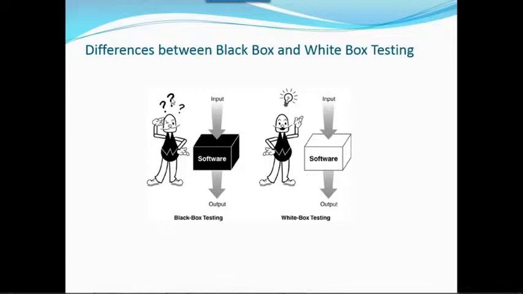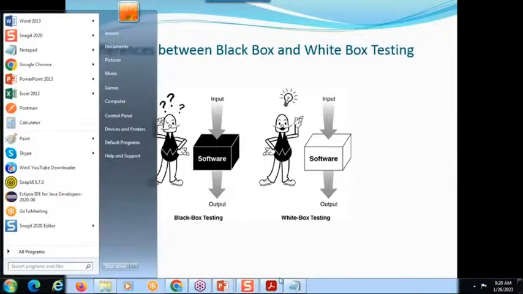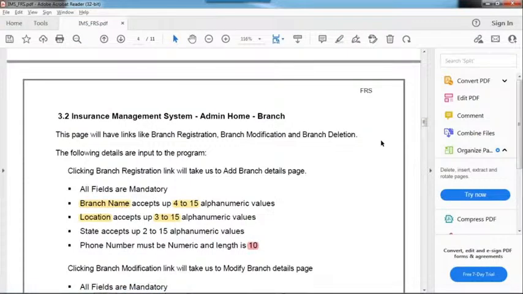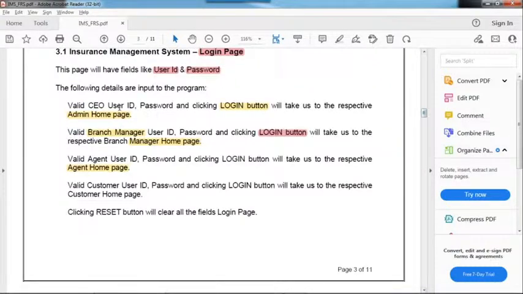Requirements. Yeah, so you need to refer to the requirement. You give the input and you refer to the requirement document. That's correct, you are very near to that. You don't know what code is written there. You are giving a valid username and valid password, and now you are clicking the login button.